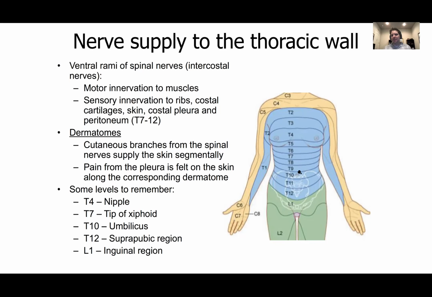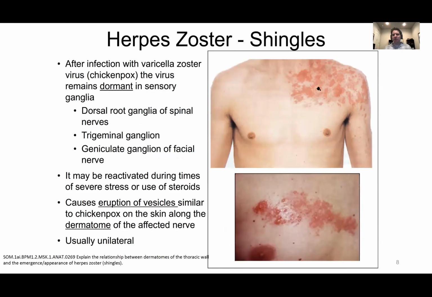So there are some important points. T4 is the nipple line, T10 is the umbilicus, L1 is the inguinal region. So if you know those, you should be good to go. As long as you know T4 and T10, you could kind of work out the rest, right? But what happens is, you could see here,